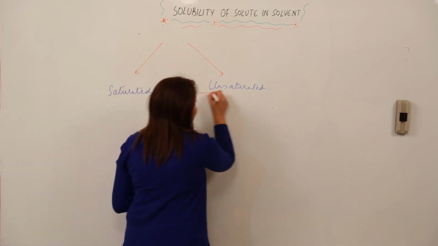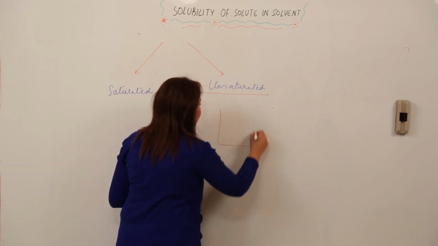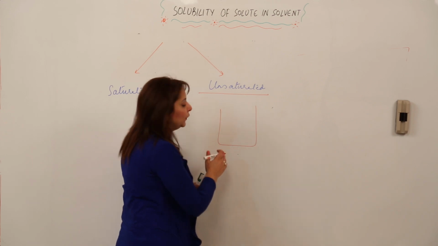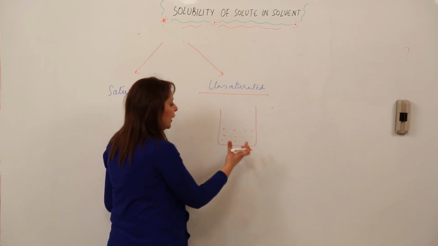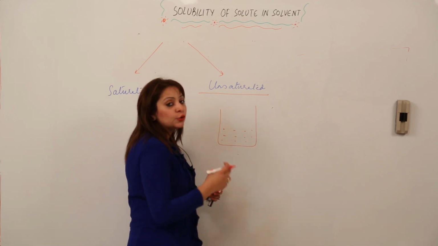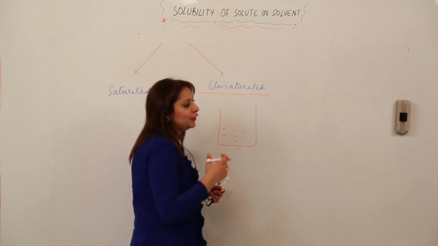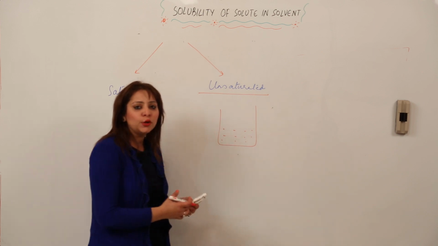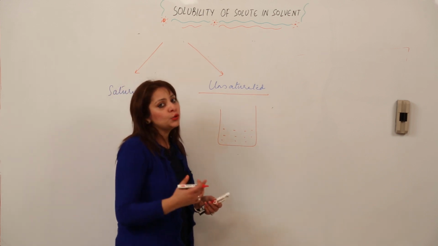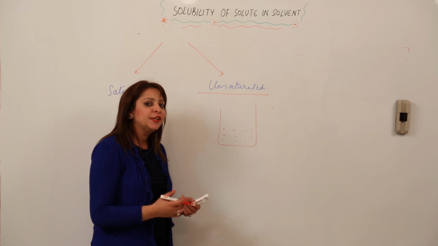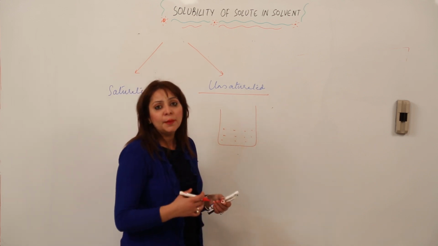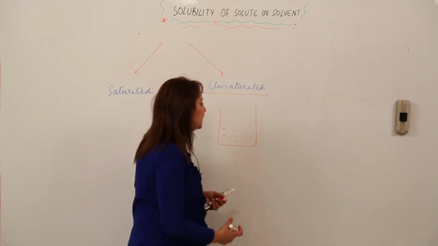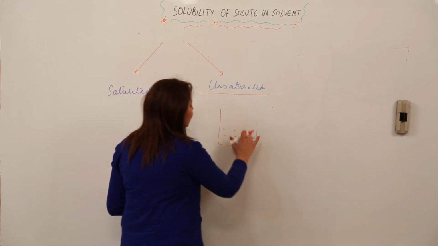Unsaturated solution is that which can, and I will explain with an example for better understanding. See, I have taken a flask containing a solvent. The solvent can be anything. It is not compulsory that you take water as a solvent always. There are many more solvents also, though water is a universal solvent, but we still have many more solvents like benzene, carbon disulfide. So many more solvents can be taken, right. So I have taken a solvent